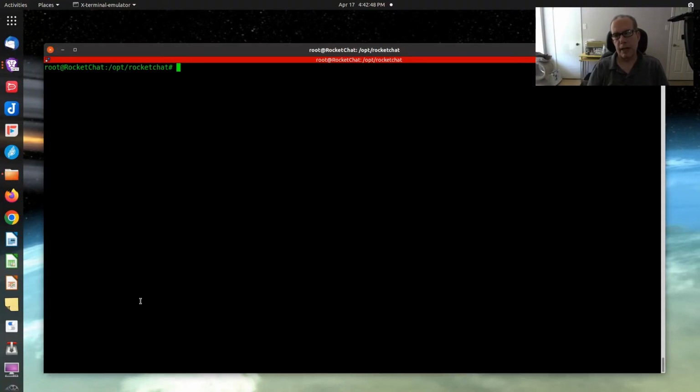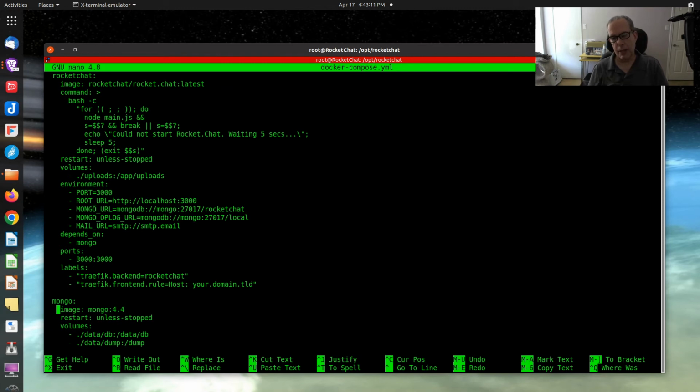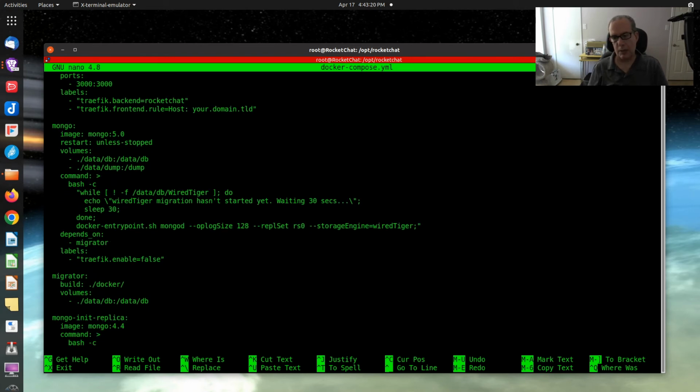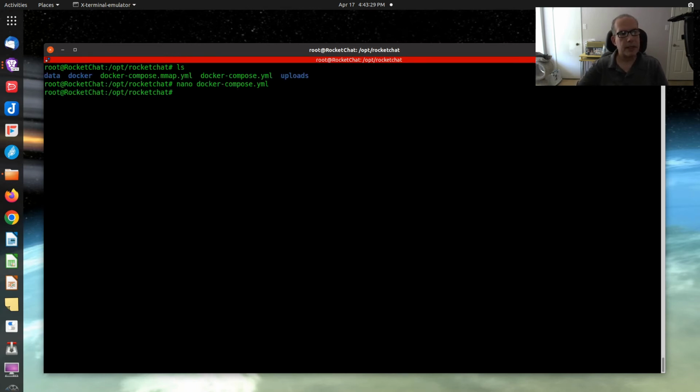Our final upgrade is going to be to move from MongoDB version 4.4 to MongoDB version 5.0, which is the final step in the incremental upgrade. So if I do a nano docker-compose.yml, and I go down to the Mongo section, and I change from 4.4 to 5.0, and if I go down to the Mongo init replica section and change it from 4.4 to 5.0 and save the file,